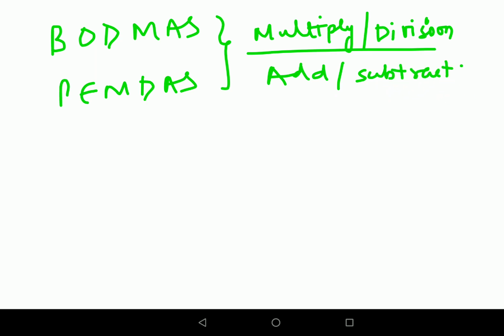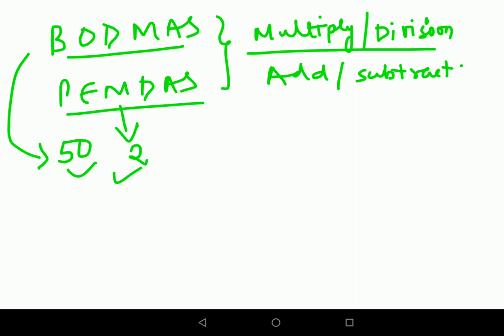Now you might be wondering, if they hold the same precedence, how do I decide what to do first? In BODMAS my answer was coming out to be 50, and in PEMDAS my answer is coming out to be 2. Then both of these answers would have to be correct. Obviously not, right? In math, we do not deal with discrepancies, at least in such kind of sums. So obviously something is going wrong. Remember, in both of these principles you just have to remember a simple logic, that is going from left